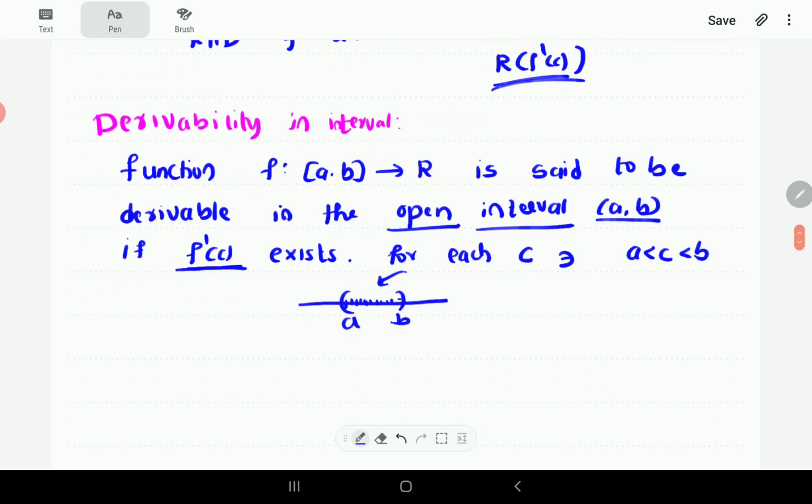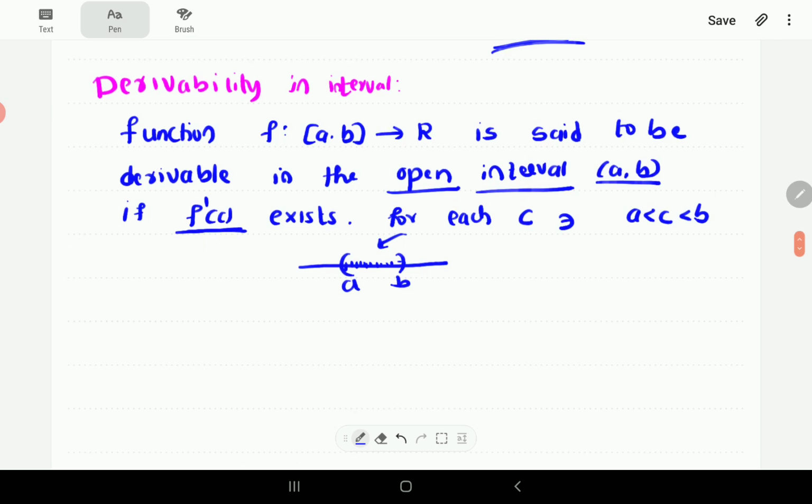In other words, we can say the same thing for a closed interval. For example, a function f from [a, b] to R is said to be derivable in the closed interval [a, b]